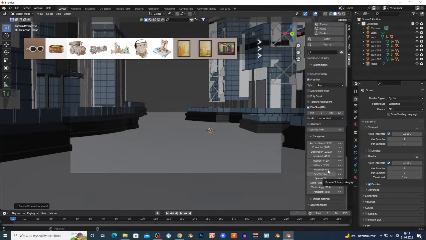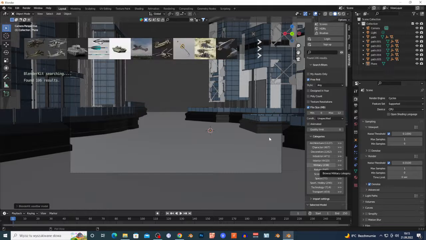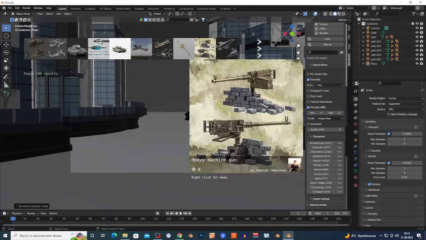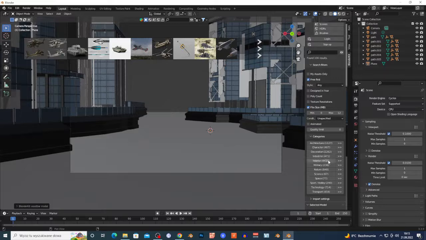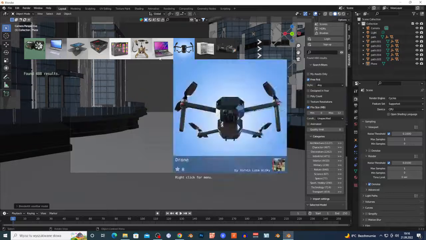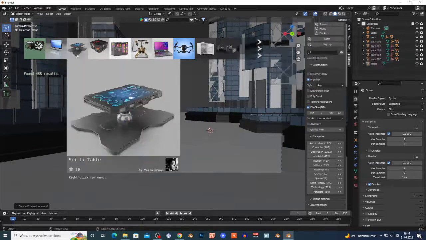Yes, so I'm gonna just put maybe number 12, enter, and I'm gonna put the interest in, I don't know, military. This is very interesting shapes, of course, yes, with those models, but I'm looking for some very interesting sci-fi shape, like put right here or something. And I can of course add, yeah, something like this.